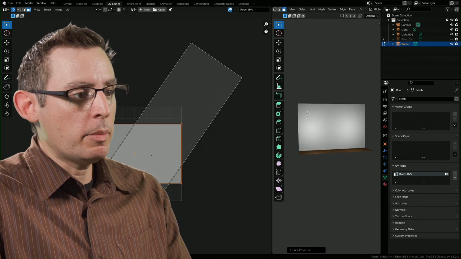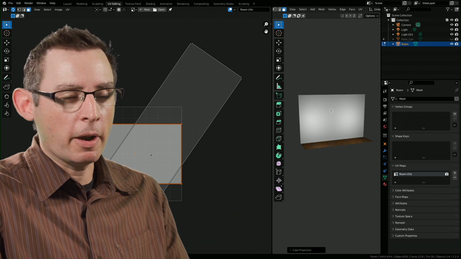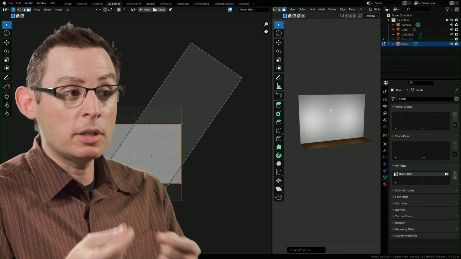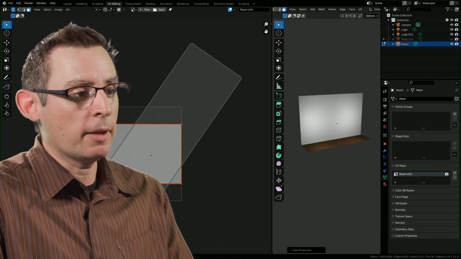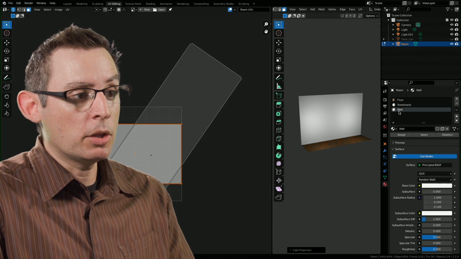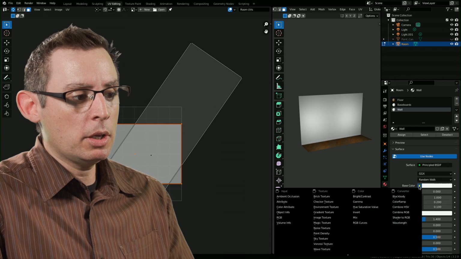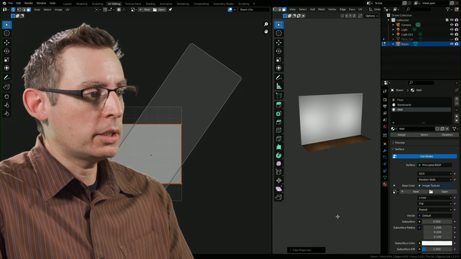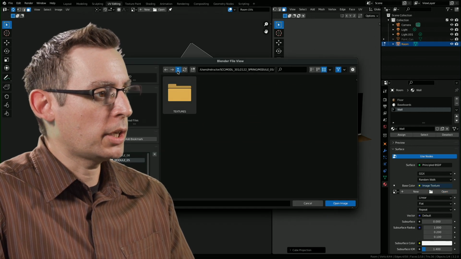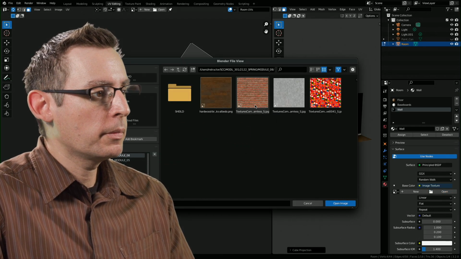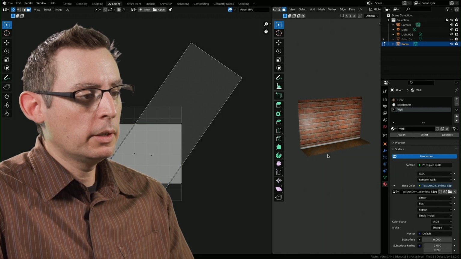Now, we don't have an image on this material, so let's put it in there. When testing UVs, it's always good to have an image in there so you can really get a good understanding of the results that you're going to get. Let's go back into our material, and in the wall material, I'm going to load in a simple brick texture here that I downloaded from textures.com. I love textures.com. That one right there. Lovely.